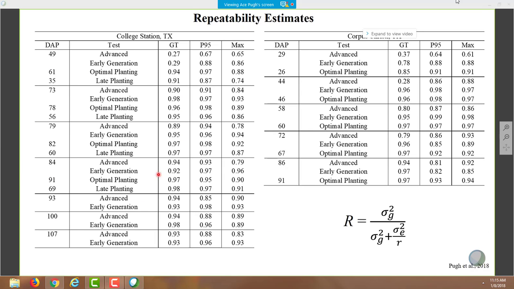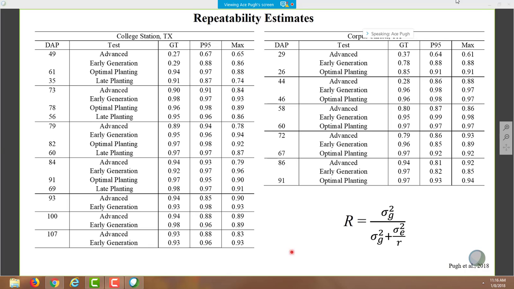Now, from these results, we also calculated repeatability estimates. There's not too much to say here other than that the repeatability was pretty high throughout the growing season. Interestingly, though, just as we saw before, the ground truth methods in sorghum early on were not able to achieve very high repeatabilities. So what we see from this is that the UAV can be used a lot earlier than ground truth methods to get reliable measurements. So that's kind of interesting that you have access to this early growth.